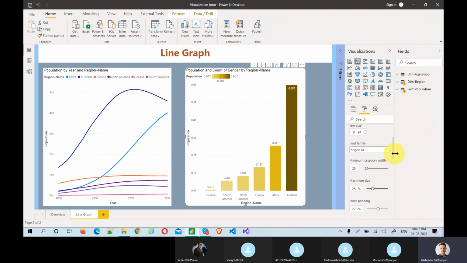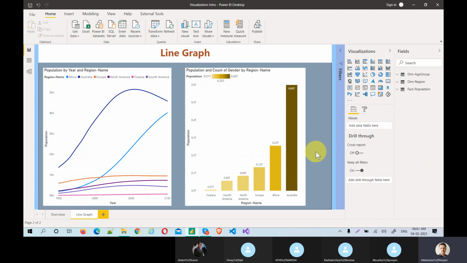You just try each and every option one by one, and you will come to know. But if you do it only once, you might get confused. You have to do it again and again so that you get practice with all these options, just like Word, Excel, PowerPoint. Formatting is an endless topic. You can do many things, but in real time, do we? For individual visual level formatting, yes, we do. But when it comes to page level and all those things, do we do that? No, we won't do it like that.